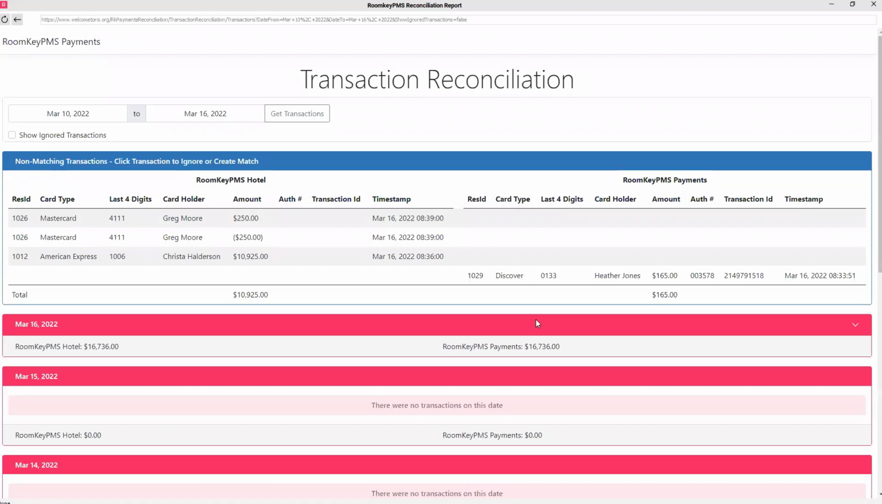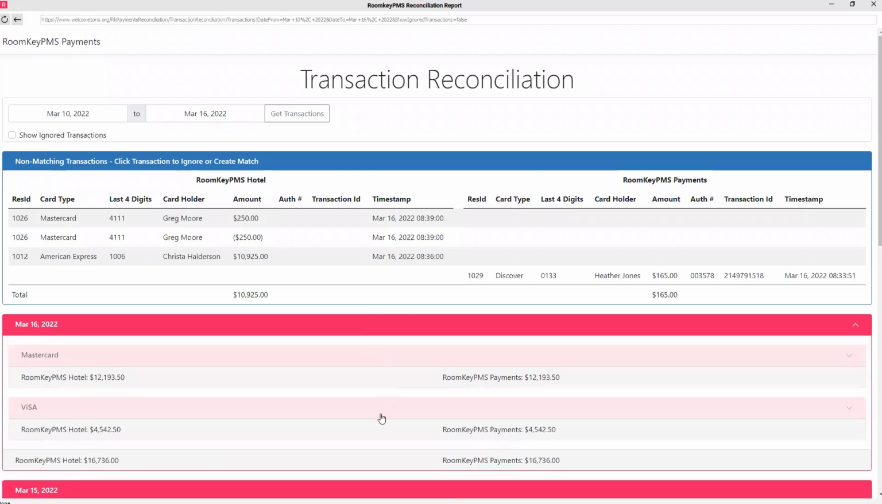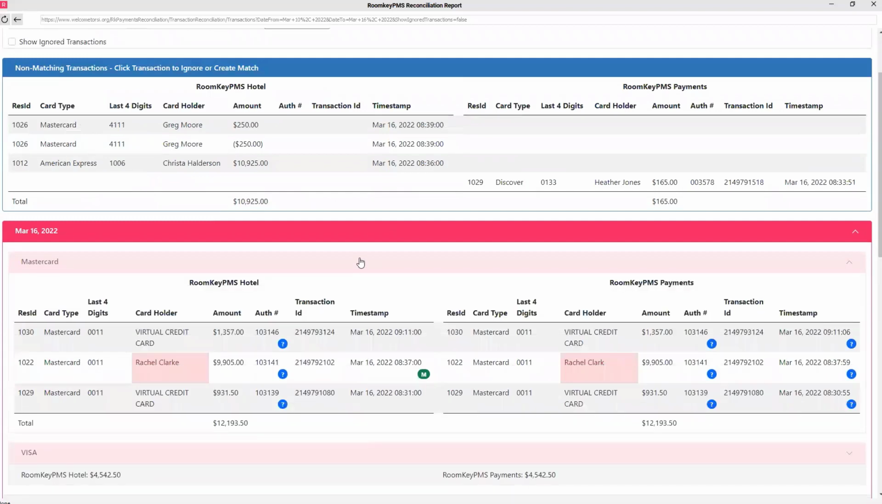So I can see that I have resolved those smart match transactions on the top of the screen. And if I click into today's reconciliation, I can, oh, sorry, wrong one there. I can click into the MasterCard. And now I can see that transaction for Rachel Clark has now dropped into my reconciliation for today's date. On the left-hand side, I can see that I now have an authorization number and a transaction ID for this record inside RoomKeyPMS Hotel. And anytime you do a match, whether it's Smart Match, you will see a letter M